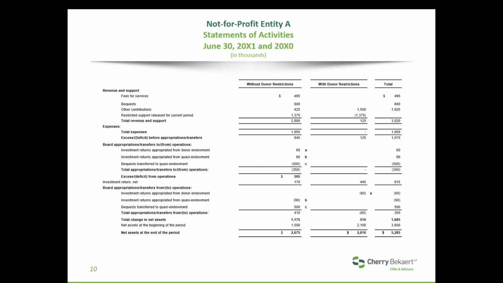And so now here's just an example of what the statement of activities could potentially look like. Previously, this entity would have had four columns for the unrestricted, temporarily restricted, and permanently restricted, but now there's just two, with and without donor restrictions. One thing I do want to point out that we will talk about later on is the investment return net line item about two-thirds of the way down. This will probably be a change, and we will discuss it in more detail later on.